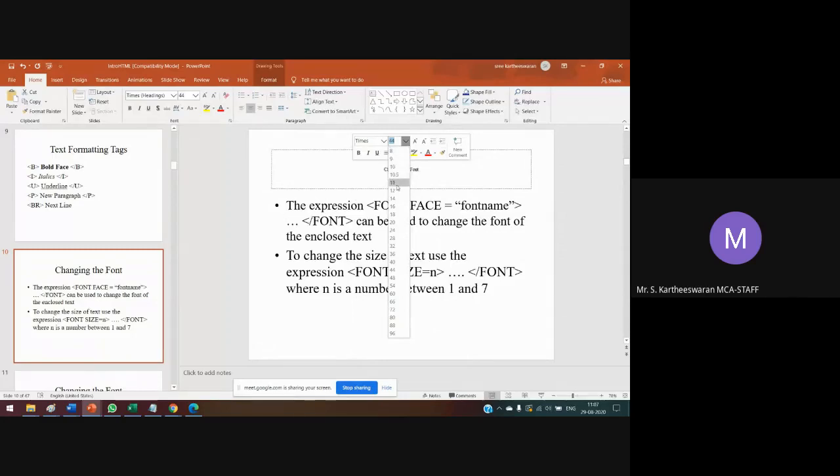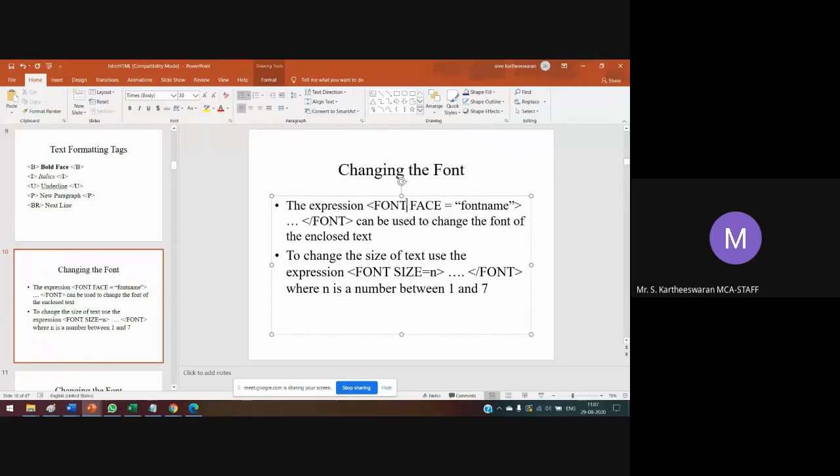Then if you increase the font to 16, 18, 28, 32, 36, 40, 44, 54, 60, 66, 72, 80, 88, 96, according to that range the font will change. Okay, so finally fix 40 as the font size. These are all the changes performed in a PowerPoint presentation.